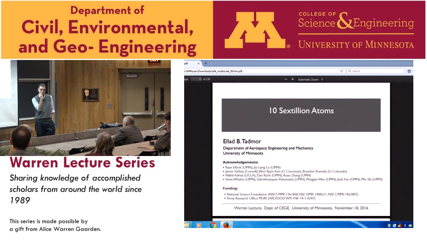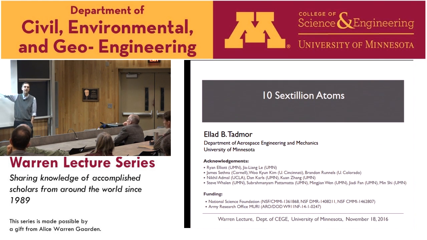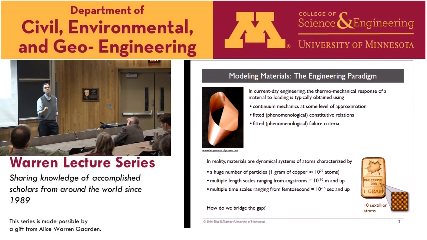These atoms are at very fine separation. Their separation is of the order of 10 to the minus 10 meters, or 1 angstrom. And the time scales at which atoms operate are also much, much faster than the macroscopic time scales we're usually interested in. The vibrational period is of the order of 10 to the minus 15 seconds, or a femtosecond, whereas, of course, typical processes are much longer time scales for us. So the question is, how do we connect between these 2 different gaps? And there are all sorts of questions related to that.